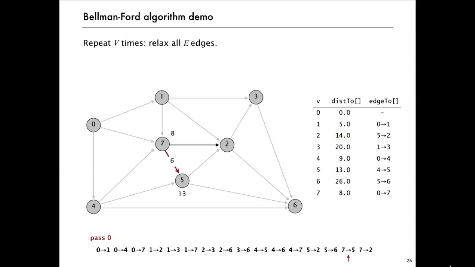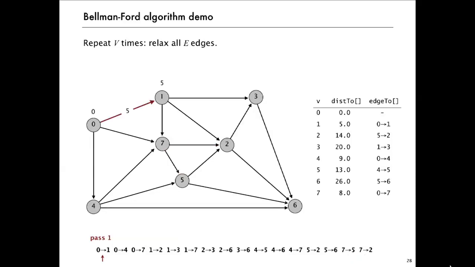Now 7-5, that's no help. And 7-2 is no help. So we've completed the first pass. And now we're just going to go through and relax all the edges again. Now a lot of them are really just what we did before, so they're not going to improve anything, like the ones at the beginning. But before too long,